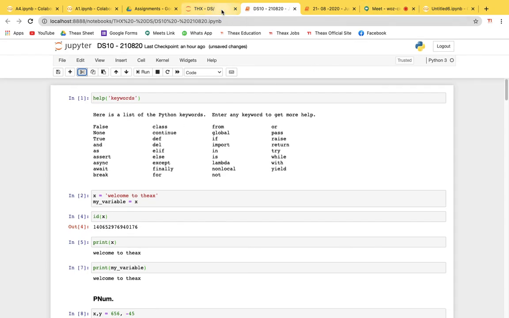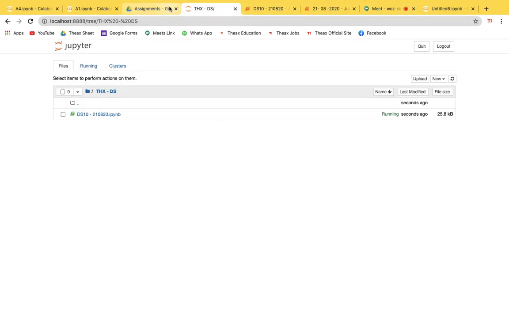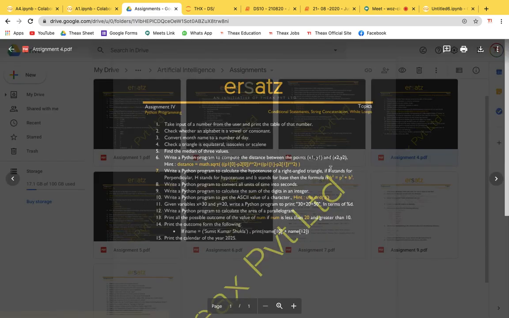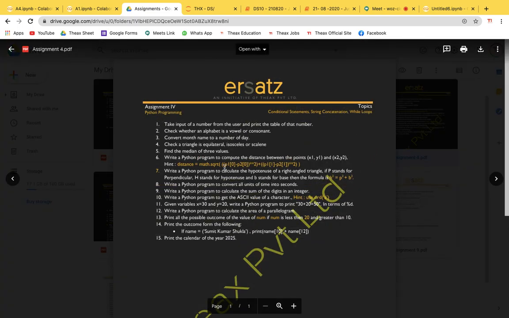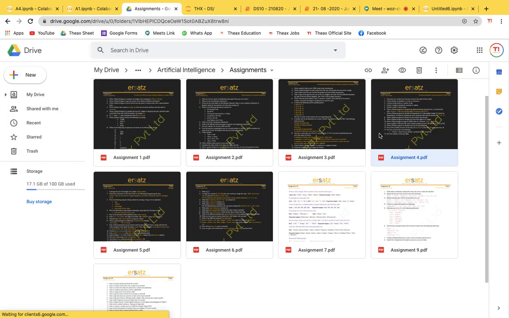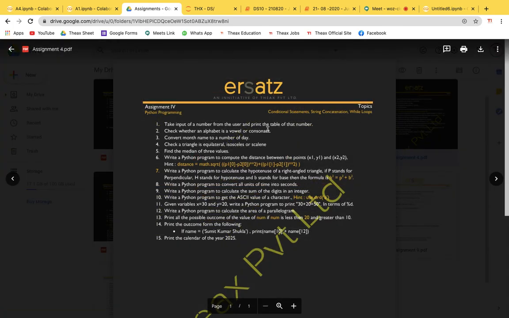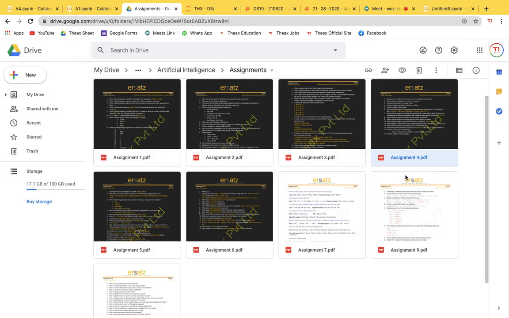Okay. And I think in the fourth assignment, when you go to your while loops, there must be some loops over there. Don't go with that. Leave the fourth assignment, but you can solve some parts of the fourth assignment, right? You can go with that. I've shared you the